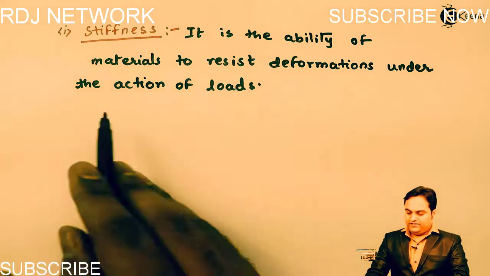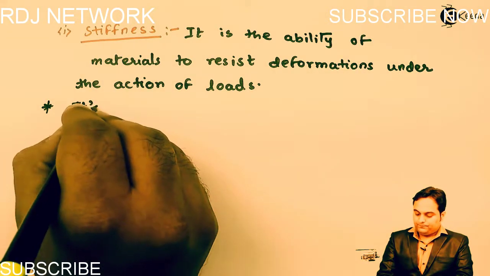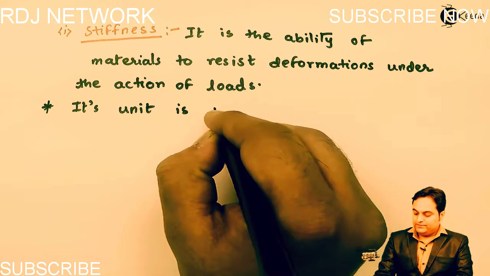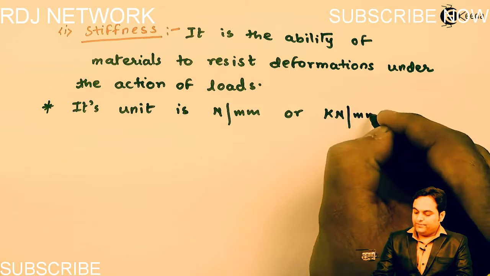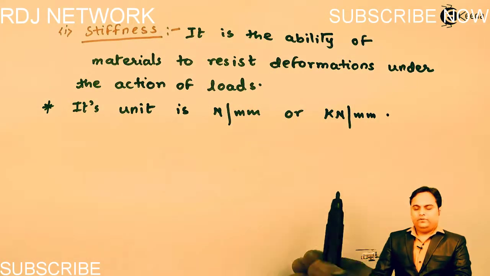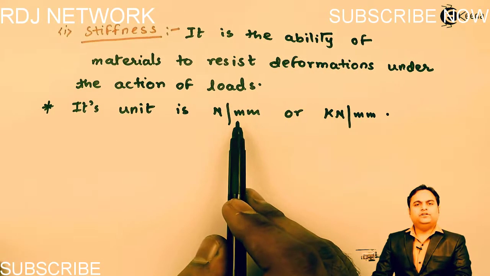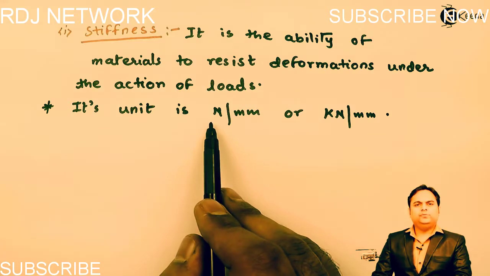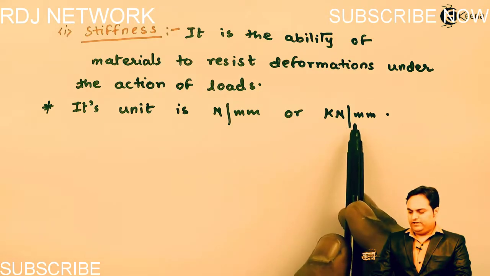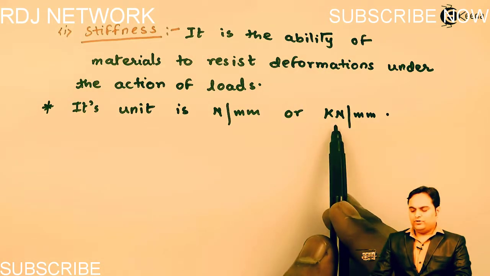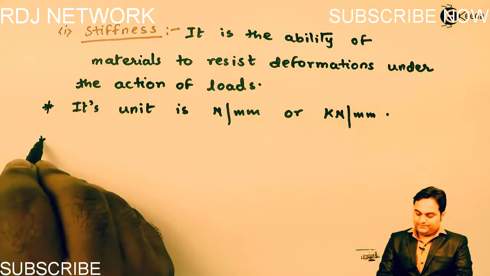So here I have written about stiffness, and next its unit. Its unit is Newton per mm or kilonewton per mm. It is load to produce per unit deflection. That is, in order to produce a deflection of 1 mm, how much load should be applied? That is in terms of Newton. Or if it is in terms of kilonewton, then again, to produce a deflection of 1 mm, how much load in kilonewton should be applied? So that is the meaning of stiffness, and it is